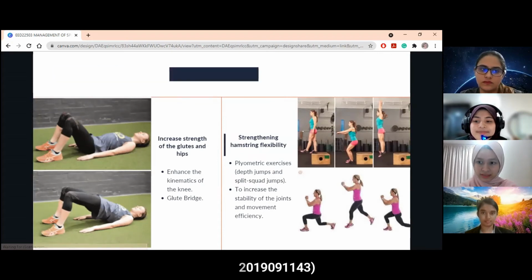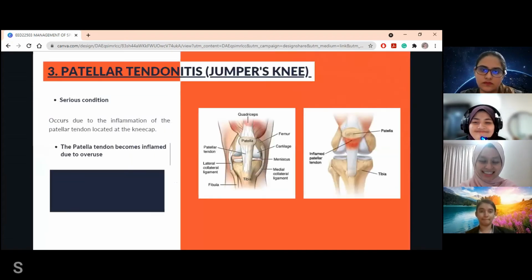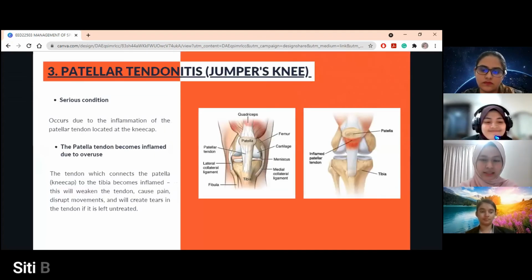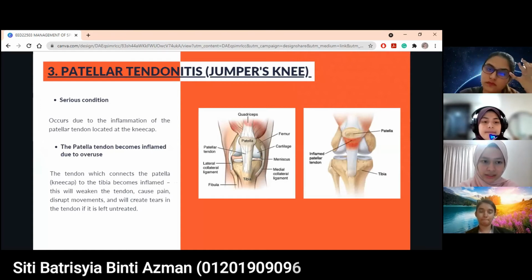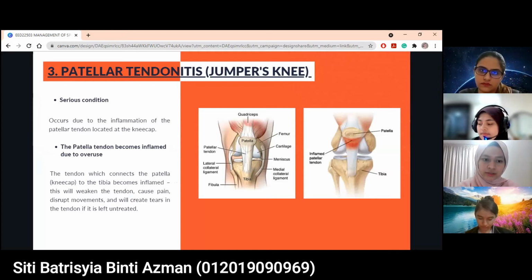The next injury is called patellar tendonitis, or jumper's knee. It is a serious condition that occurs due to inflammation of the patellar tendon located at the kneecap. The patellar tendon becomes inflamed due to overuse or excessive force. The tendon which connects the patella, or the kneecap, to the tibia becomes inflamed. This will weaken the tendon, cause pain, disrupt movements, and create tears in the tendon if